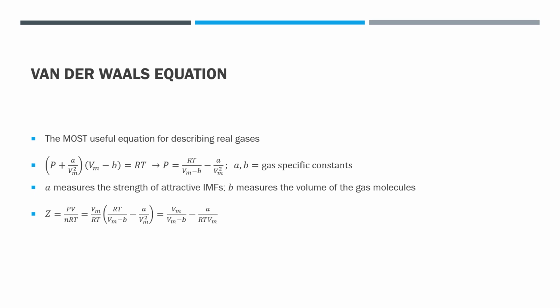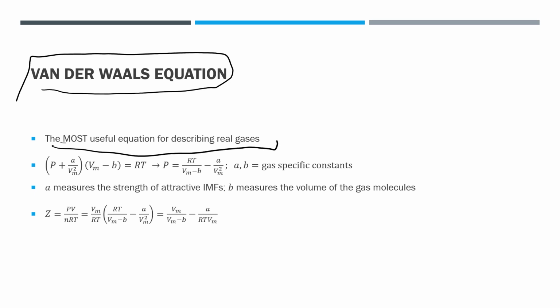Now, here's the really important thing. If you take one thing out of this video, it should be the van der Waals equation. It's really, really important, and it's how we can intuitively understand how real gases work, right? This is the most useful equation for describing real gases. So if you don't remember the compression factor or the virial equation, this is something you really should focus on remembering, right? Essentially, this is our equation.